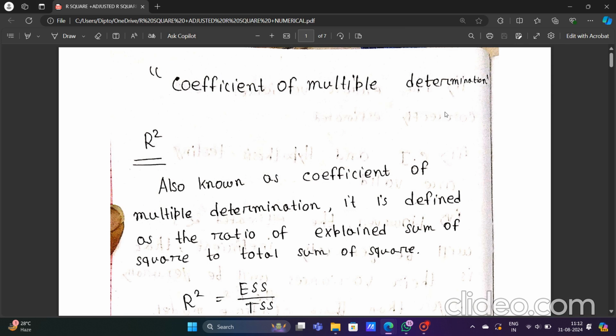Today we are going to discuss the coefficient of multiple determination, or R square. What is the basic interpretation of R square? At first I want to tell it. Before going into the numerical part, R square explains that if there is a variable or an equation, suppose y equals 2 plus 5x, then